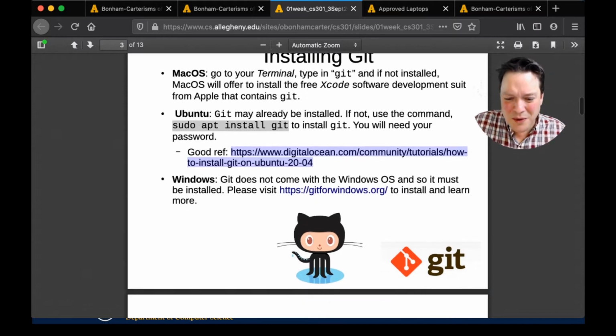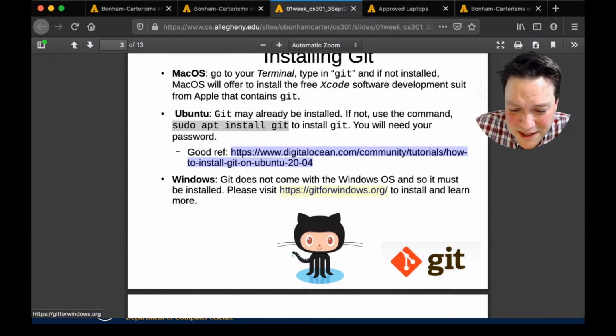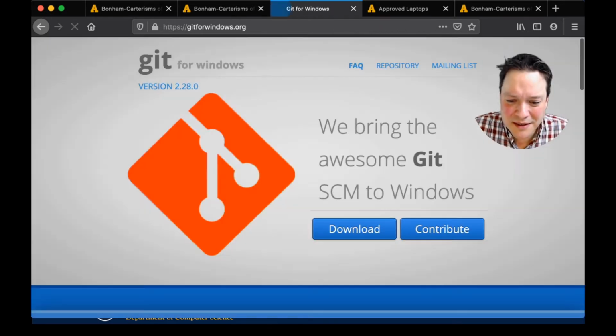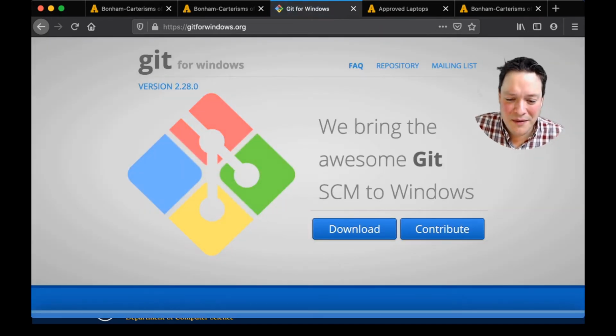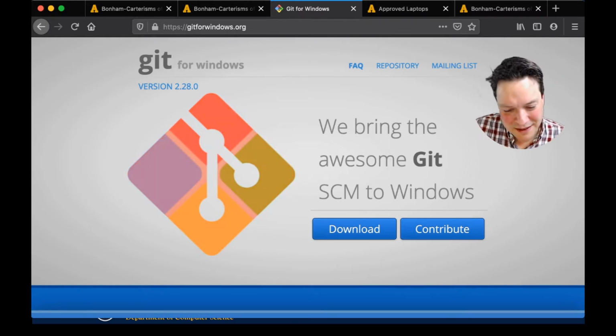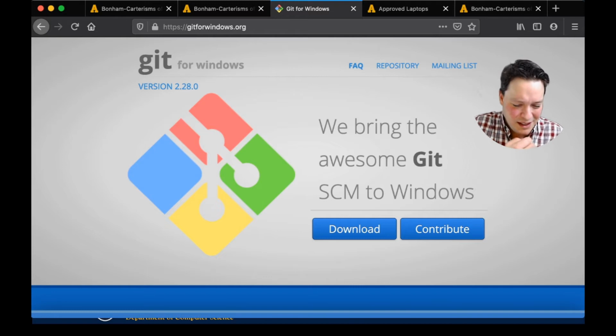If you're a Windows person, Git also exists there. You have to check out this website here called Git for Windows. In fact, if I click on this, if you have an icon that looks like this, then that's the right Git. There's other types of Gits out there which might be a little bit more robust. Maybe they're more exciting, but we just need something very basic, and this is good enough.